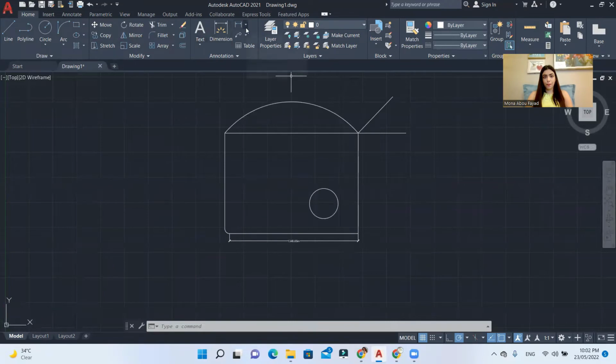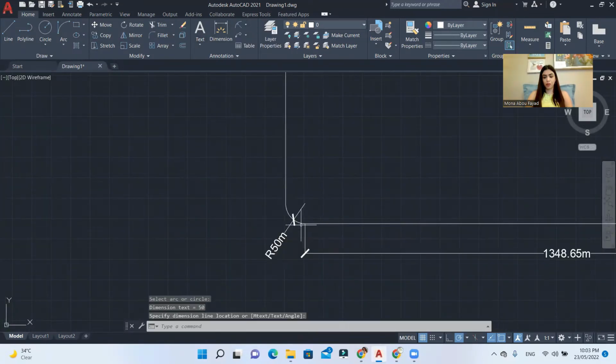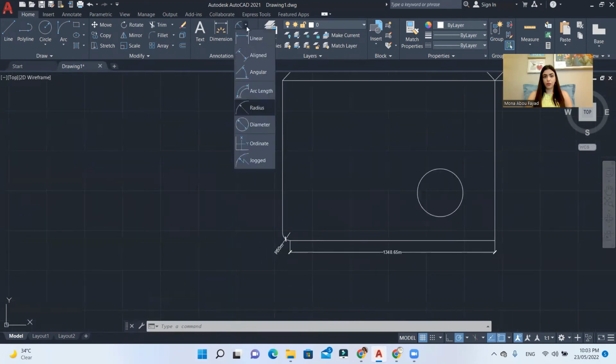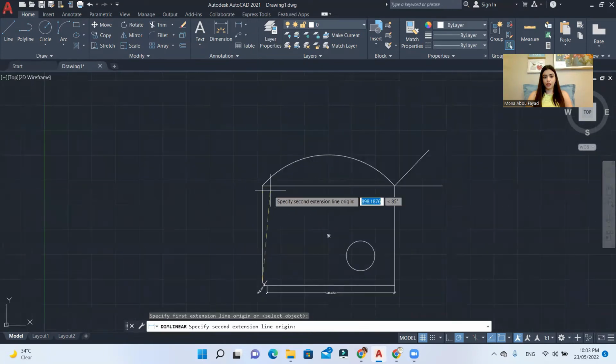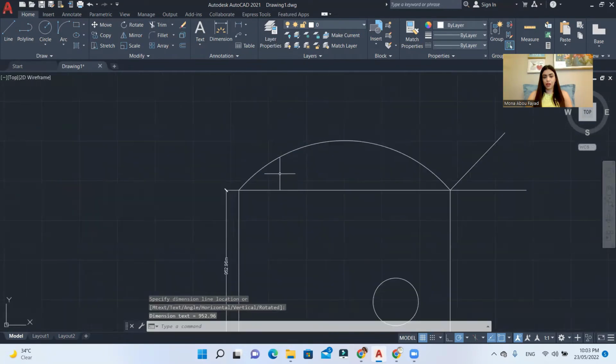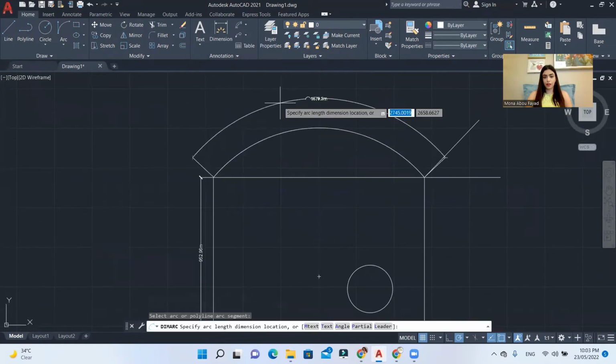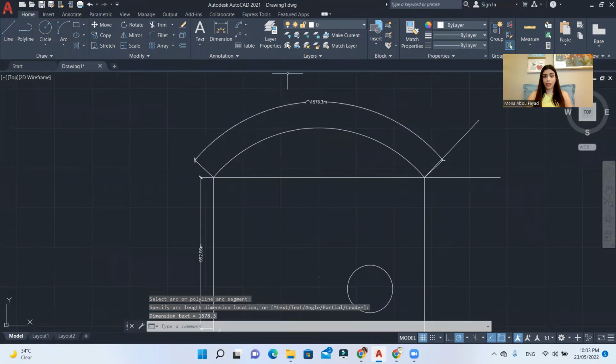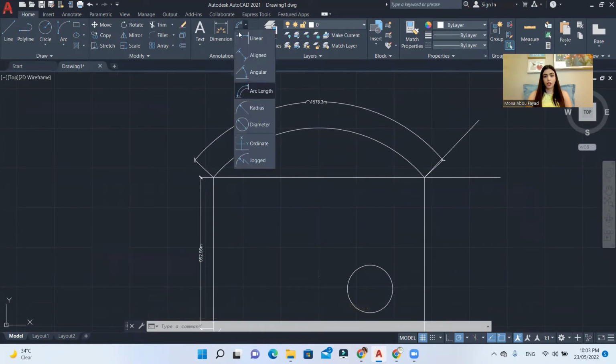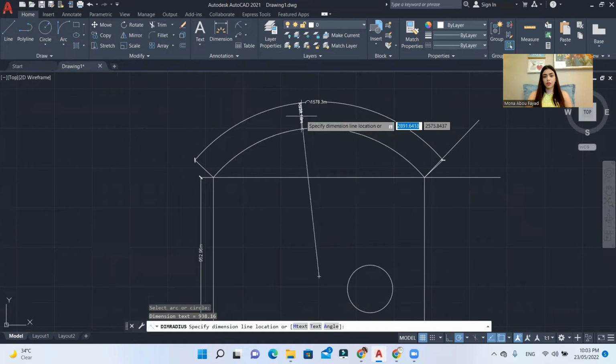Let me now pick the radius to put a dimension on this edge that was made with fillet. And then I'll go back to my linear point and this point. And then, because here I have an arc, I'll go to arc length. You can use arc length to see the length of your arc, or you can use radius to see the radius of your